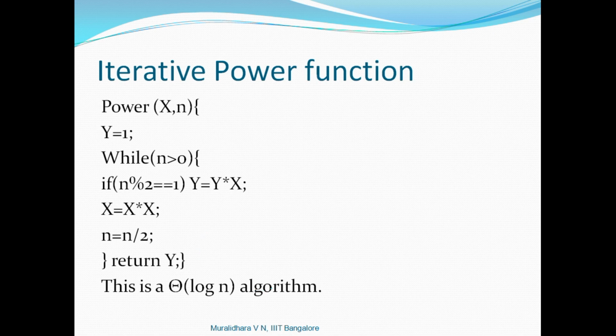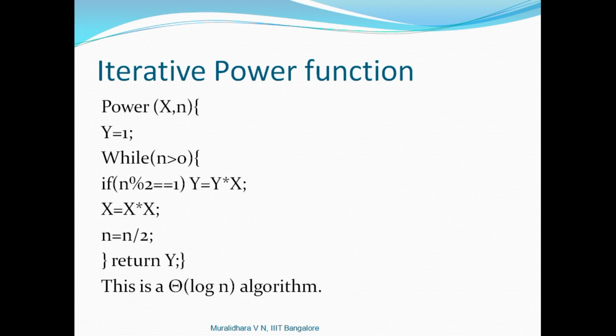So what is easy to see in this case is that this algorithm takes order log n number of computations, because the number of times the while loop is run is exactly equal to log of n, because every time when I go inside the loop, n becomes n by 2. So n is reduced by half every time when I go inside the loop. I either do one multiplication or two multiplications and one division when I go inside the loop. So the total number of times the while loop runs is log of n, and each time when I go inside a while loop, I do constant number of operations. So the entire complexity of this algorithm is order log n.